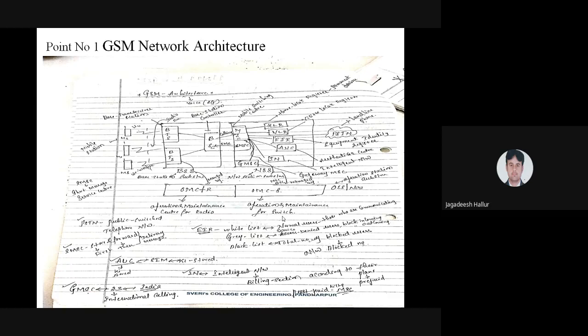The next is IN. IN is nothing but the Intelligent Network. What is the main function of this Intelligent Network? The billing function. It is a billing section. We have two plans, one prepaid and one postpaid. Previously, while using mobile phones, we had to pay money after the call. That is postpaid.